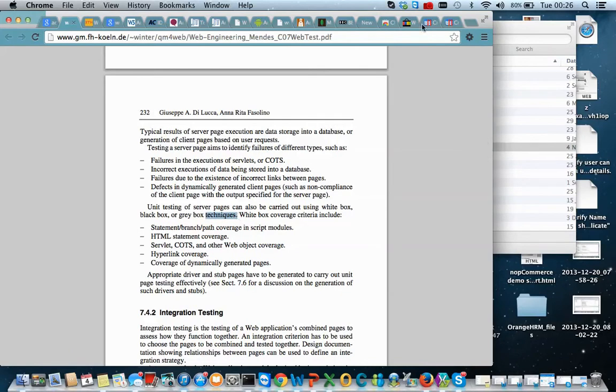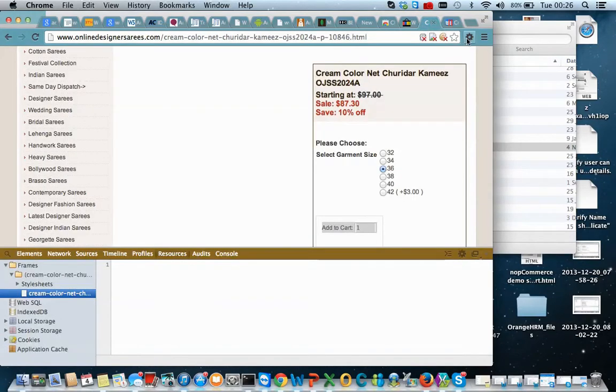So typically for all the websites that you see nowadays,